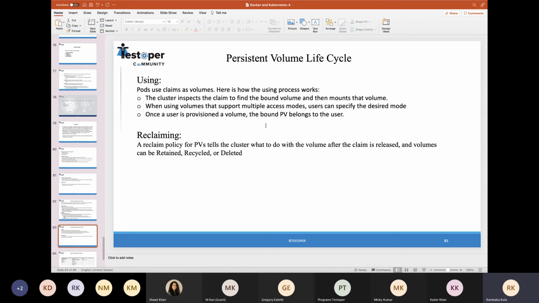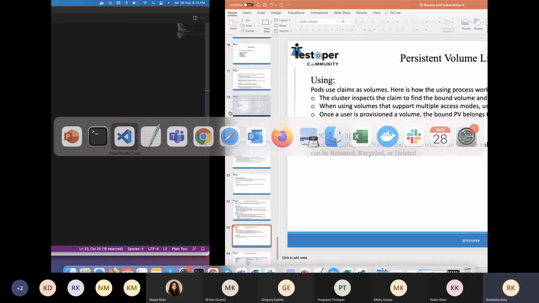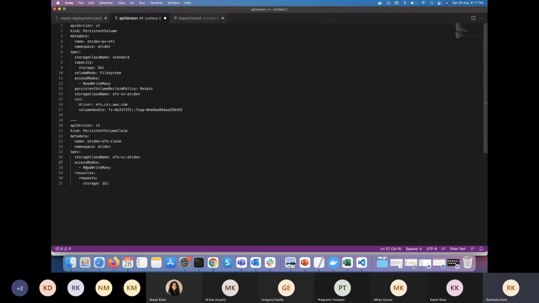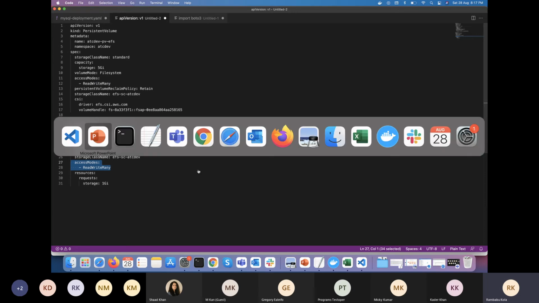So when we are using volumes that support multiple access modes, we can specify in the file the access modes, read write many or read write once. All those things we can specify in the access modes specifications.